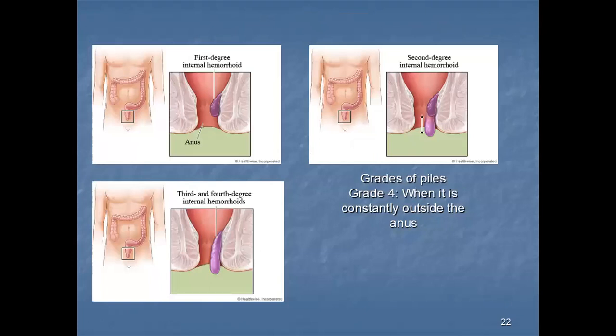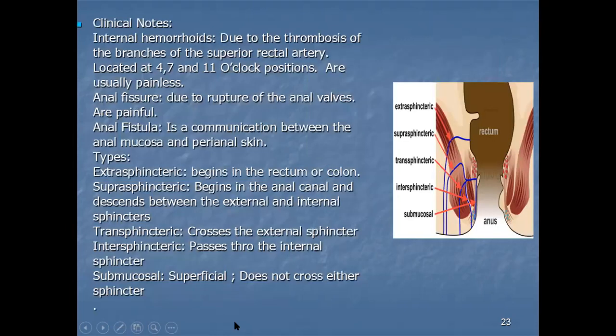Now coming finally to some of the clinical aspects. Again, as I said, you will study these in more detail in pathology, but here I will give them briefly. There are different types; as we said, this is the site for the portocaval anastomosis, and we saw that it leads to hemorrhoids, or in layman's language, piles. There are different degrees of hemorrhoids. This is the first degree, this is the second degree, and this is the third degree, as well as the fourth degree.